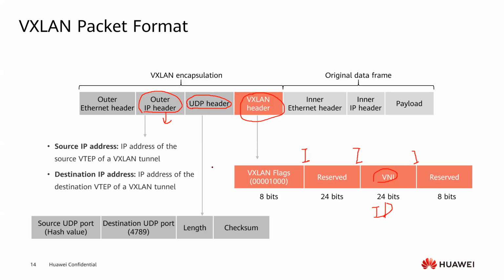For the UDP header, the destination UDP port is fixed. It is 4789. But the source port is not fixed. It will change, because it is a hash value. So what does that mean? For example,